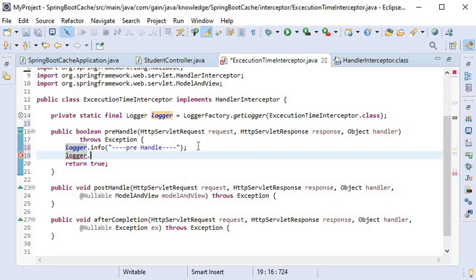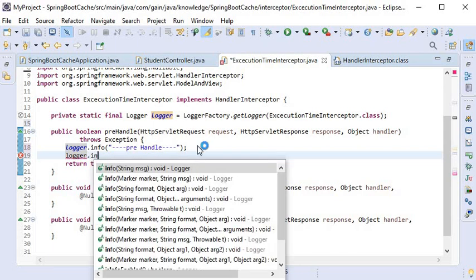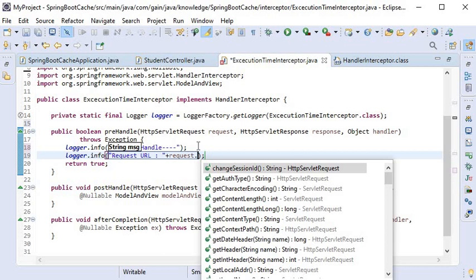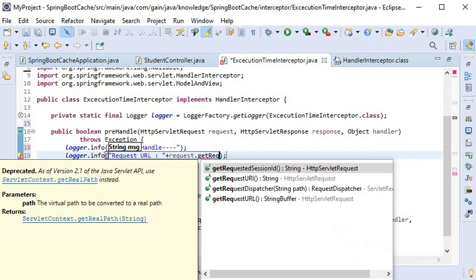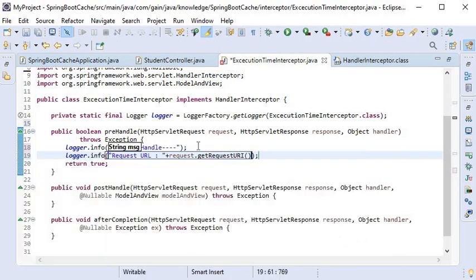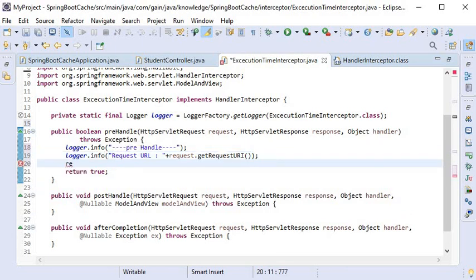logger.info. Here I will print the request URL, and that I will get from the request dot getRequestURL. This function will return its request URL, and in the next line I will set